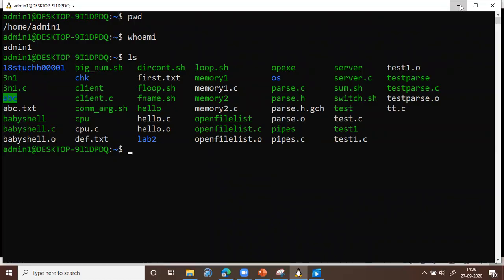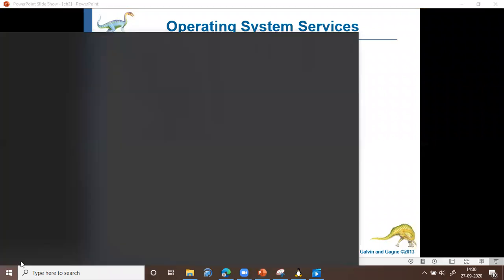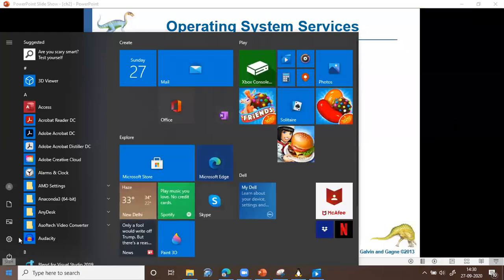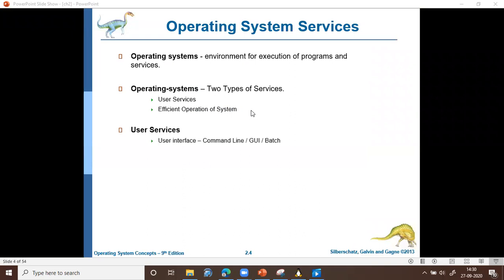The second type of interface is called a graphical user interface, where we have a list of menus or icons. Icons are used to represent files and folders. By clicking on the menu and icon, the job will be done. So mainly here the mouse plays a key role. For example, now I am clicking on the start button of Windows, and it shows different menus. Whichever file I want, I can open by clicking on the appropriate menu. That type of interface is called a graphical user interface. Linux and Mac also provide a graphical user interface.